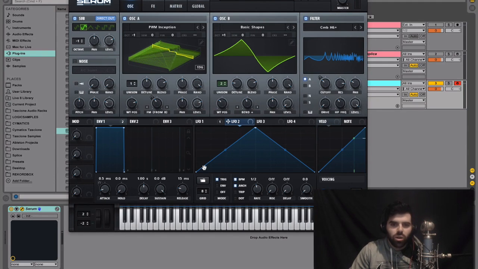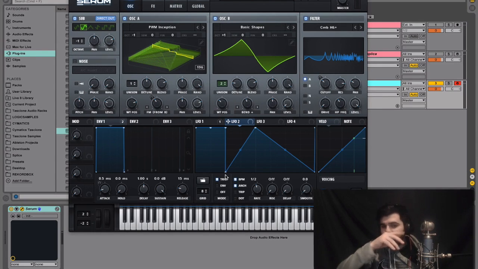So I'm going to start by holding shift and dragging up 2 bars worth. And then I'm going to take this point right here and I'm going to hold option and start dragging down. Basically this will snap to your grid. If I don't have that on, it will move freely, and I just think it's easier to snap to your grid so you know everything's exactly in line. And we're going to make another point and bring it down just like that.